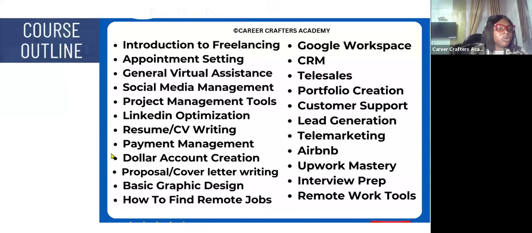Is it possible for someone who doesn't have computer knowledge to also join? So what I always say about having computer knowledge is that computer is not magic. Those of you who did computer in maybe primary school, you always hear garbage in, garbage out. So it is what you feed the computer, it gives to you. It's not a magician.